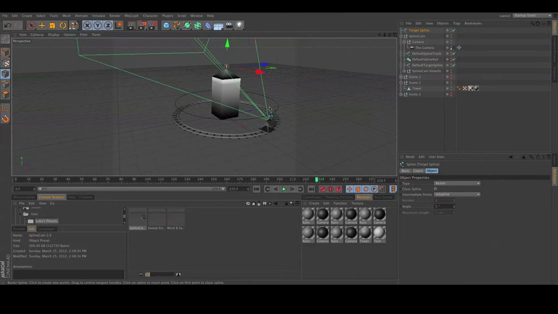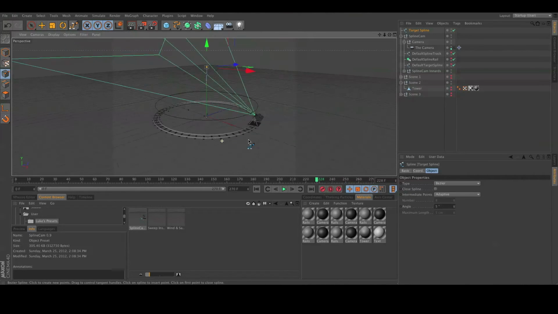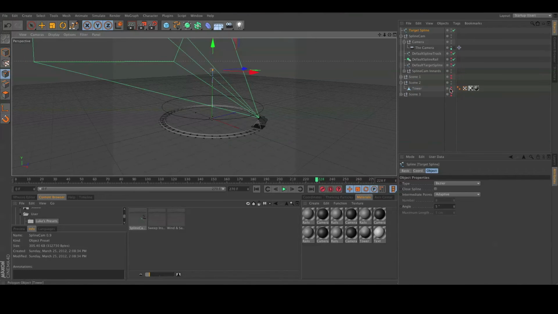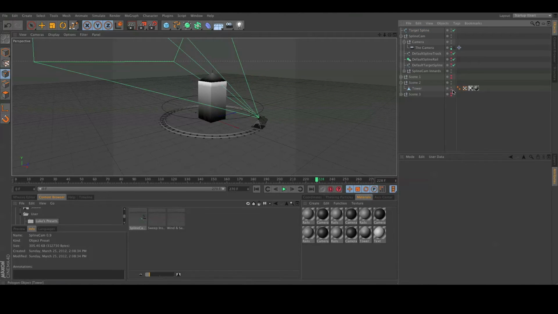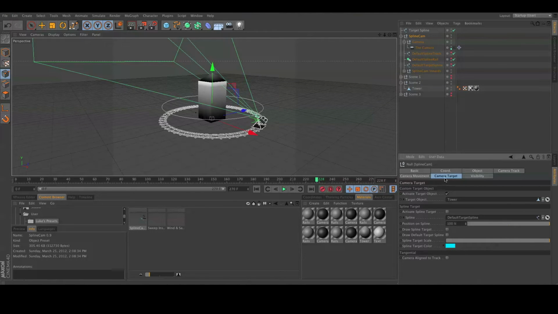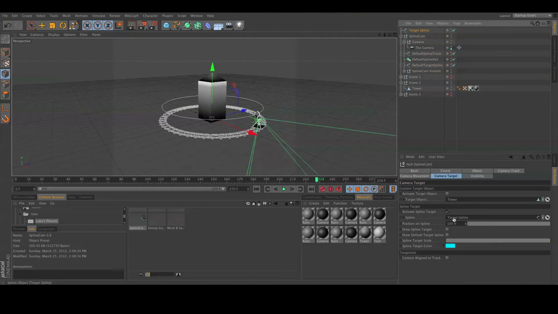If I go back to my normal view, and I hide the tower again, you can see that there is the spline right in the middle. So if I head into my SplineCam settings, go to my camera target, I will disable the target object and enable the spline target settings. And now if I drag and drop my target spline into the drop box right here,